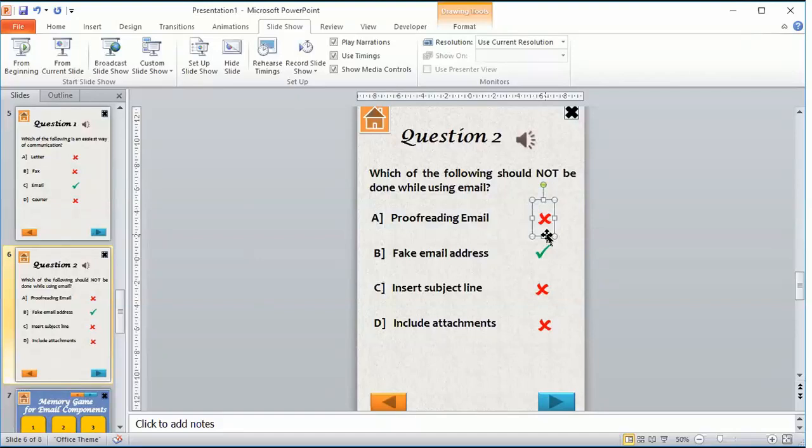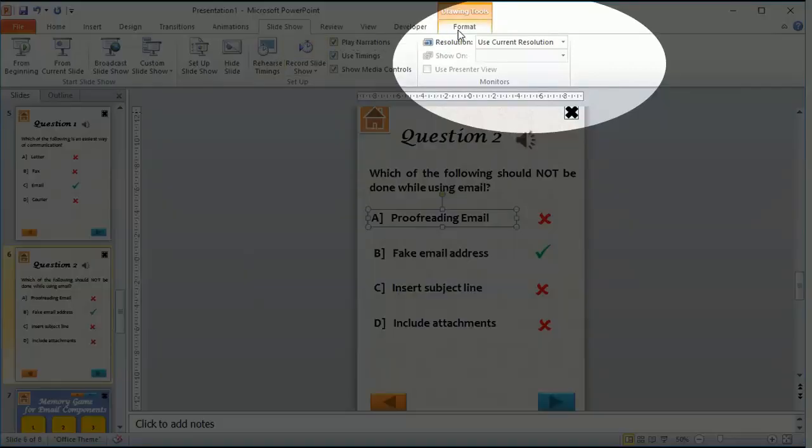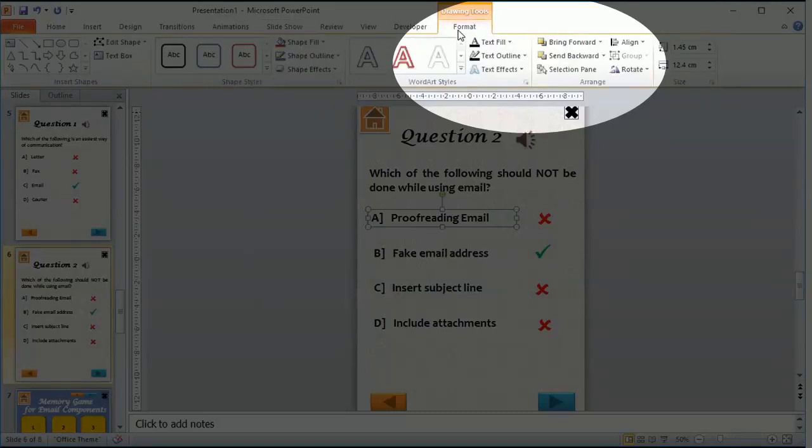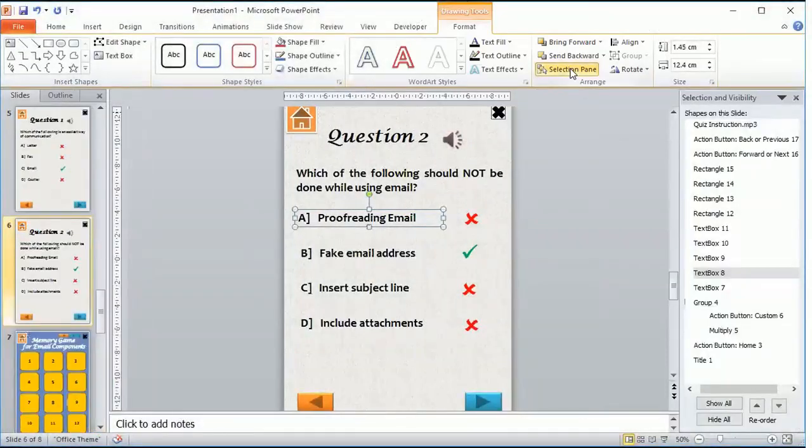Now, in order to view the selection pane, we are going to do the following. Click on any of the text boxes on your slide, go to Format menu and select Selection Pane. A pane appears on the right hand side showing all the elements present on that slide.